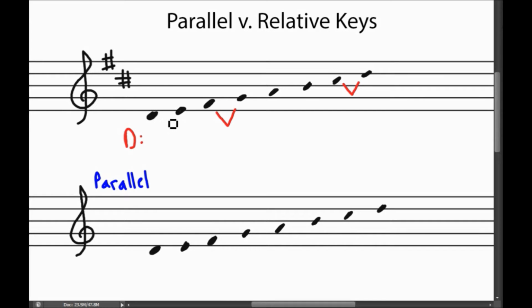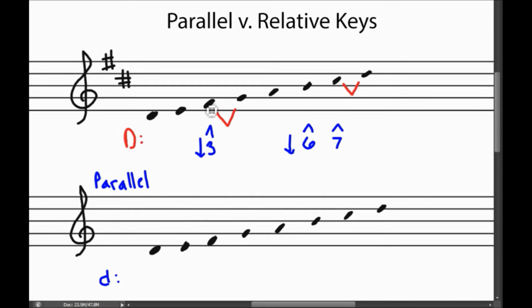So here I've written the D major scale and marked the half steps where they occur. Below we're going to write the parallel minor key. So this is going to be D minor. And I'll show you how to do that from the major. So if we've written the parallel major key, D major, we're going to make 3 changes to make the minor key. We have to change 3 scale degrees, 3, 6, and 7, and we're going to lower all of these